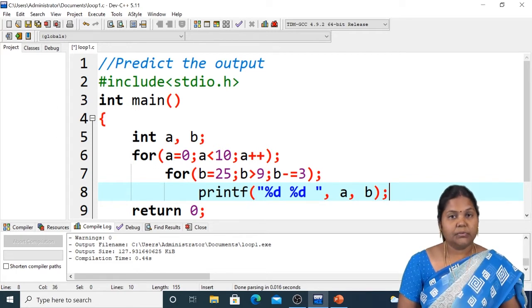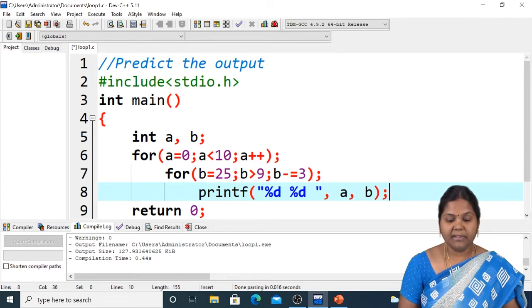So then the inner for loop is for b is equal to 25 initially, b greater than 9. 25 is greater than 9. Yes, it is true. Then there is a semicolon at the end, that is, do nothing. But the loop will continue. Next time b is decremented by 3 and a is incremented by 1, and the loops will continue until